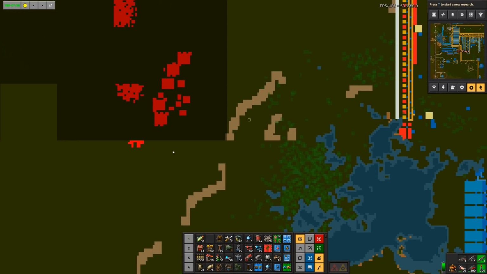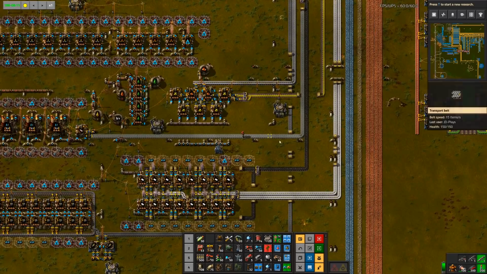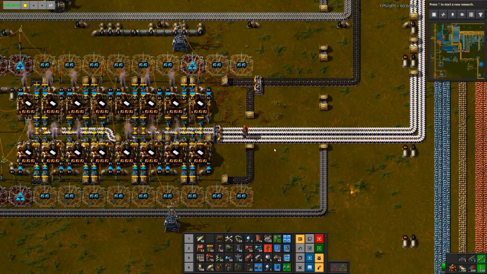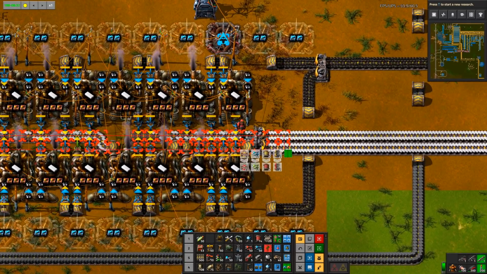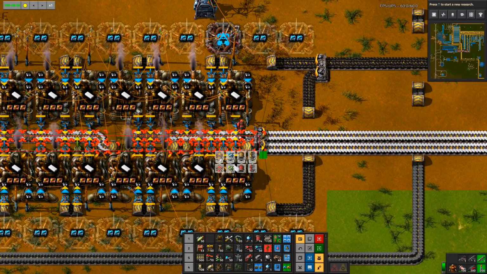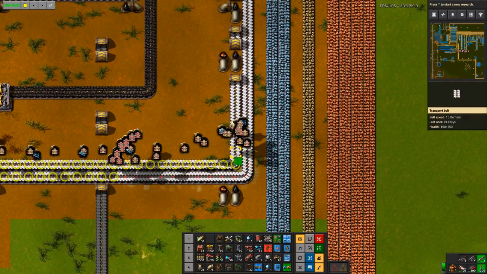Huh? Oh, you guys are flying across here. That's a silly mistake. Yep, okay. Alright. With that done, we can already see our plastic has been thoroughly improved. So I'm going to upgrade all of those to red belt, because I can. Which also means I'm going to...